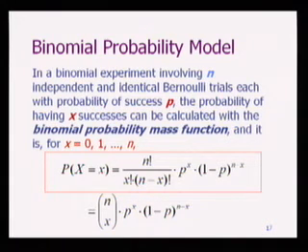Now, this probability mass function can help us calculate the probability for any kind of outcome. You're interested in seeing no successes, no 6s, or 1 six, or 2 sixes, or 3, or 4, or 5, until n. N means the total number of trials. If you do it 5 times, the n will be 5. So you can figure out the chance of getting 5 sixes too by using this formula.